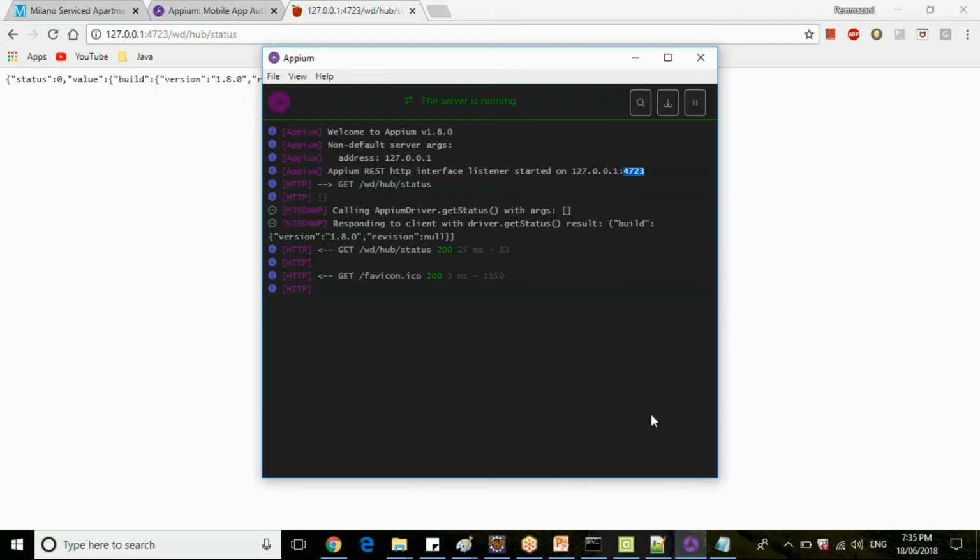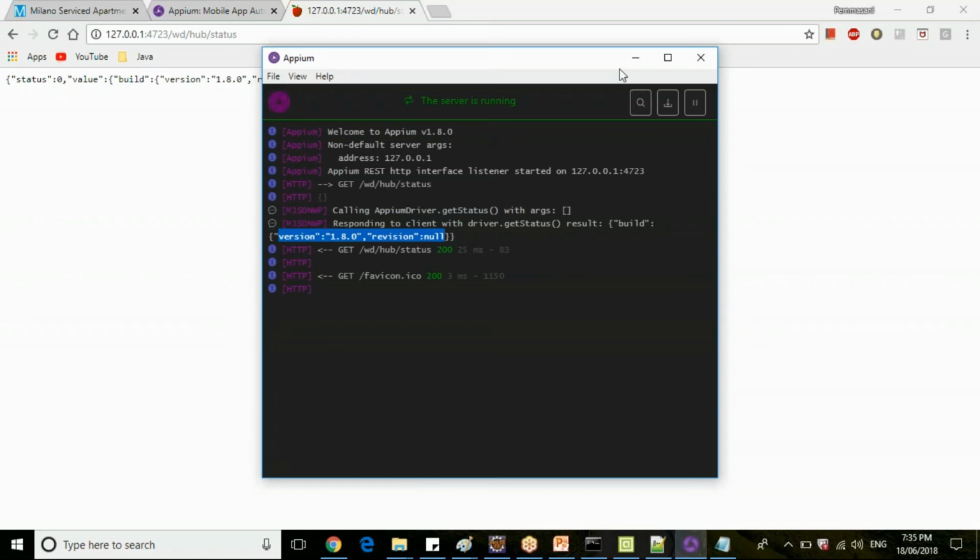Now, if you check the APM console, previously we had console only till here, right? Now we got some JSON request to this console asking APM driver dot get status. Correct? Now it is returning the driver status in the form of JSON.